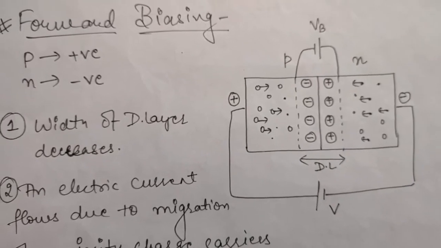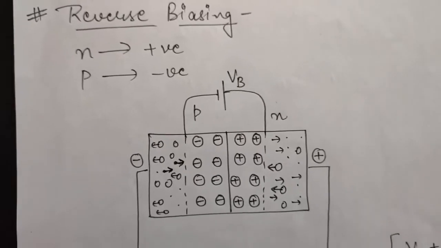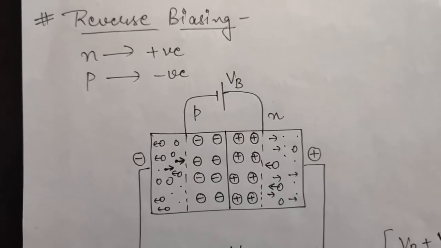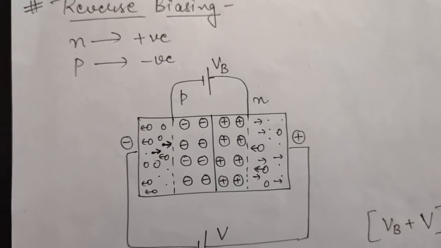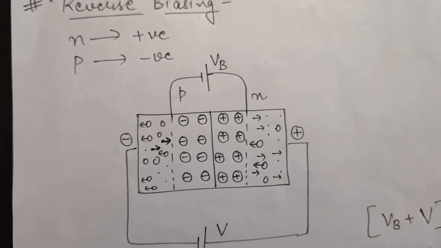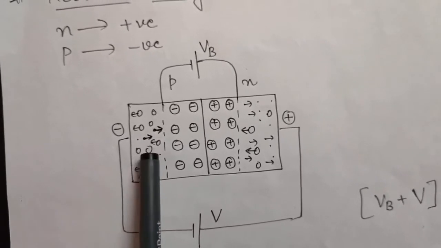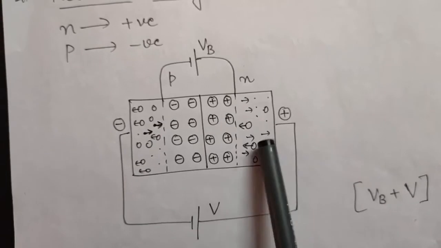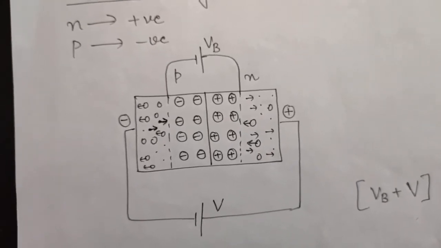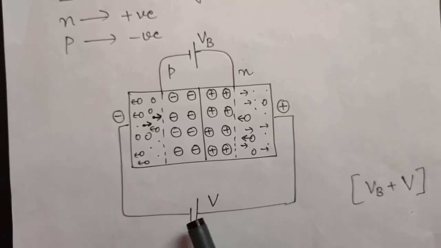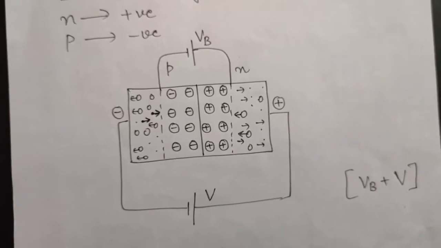Now let us discuss reverse biasing. Okay, so in reverse biasing, again what we do is we just interchange the terminals. That is, now P will be connected to the negative terminal of the electrode and N will be connected to the positive terminal of the electrode. For example, here as you can see, P is connected to negative terminal and N is connected to positive terminal of the external source, right? Or you can say by the reverse voltage. Okay, it is also called reverse voltage here in the reverse biasing.